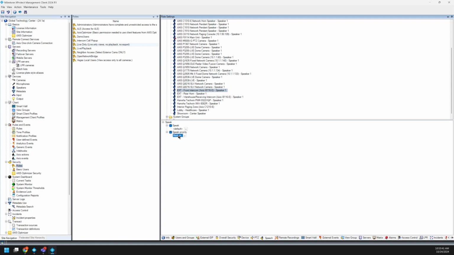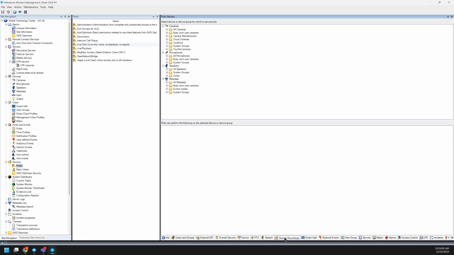Okay, speak priority: high, medium, low, very high, very low. We'll just leave them as medium. And then we'll do it on this other device as well. And moving down the list, we'll save changes, Control S, or you can click the button in the top left. All right, so speech,